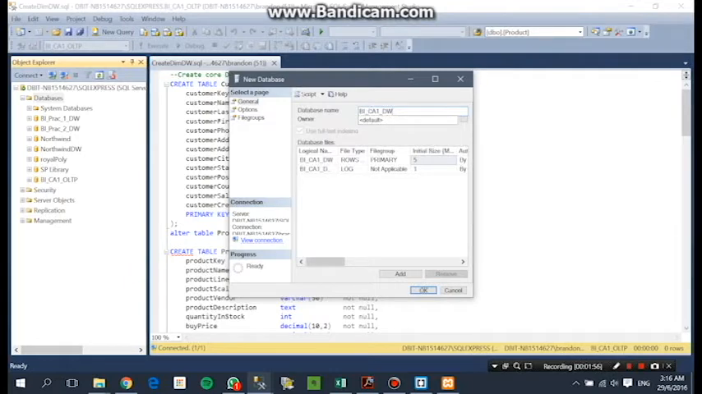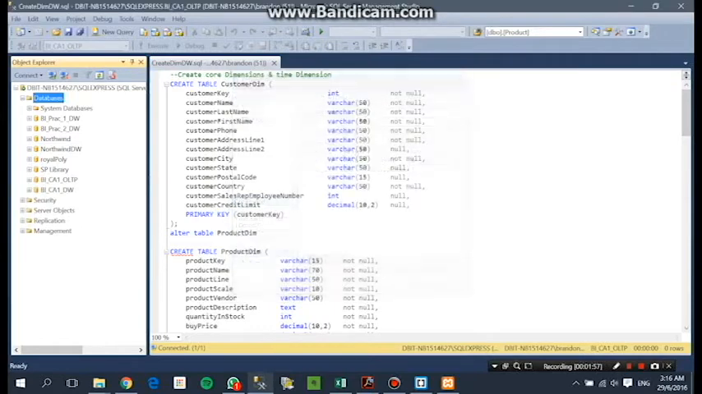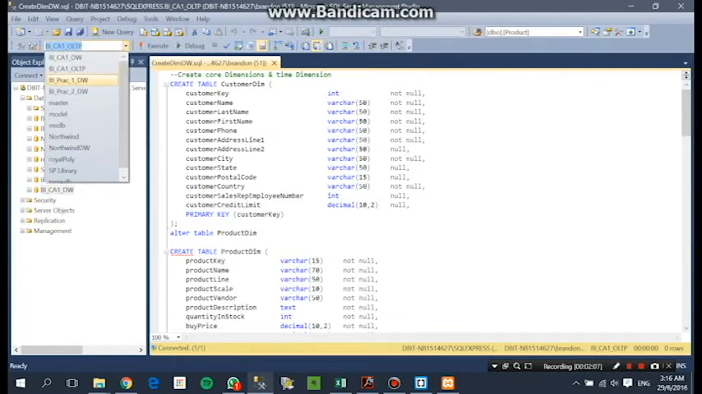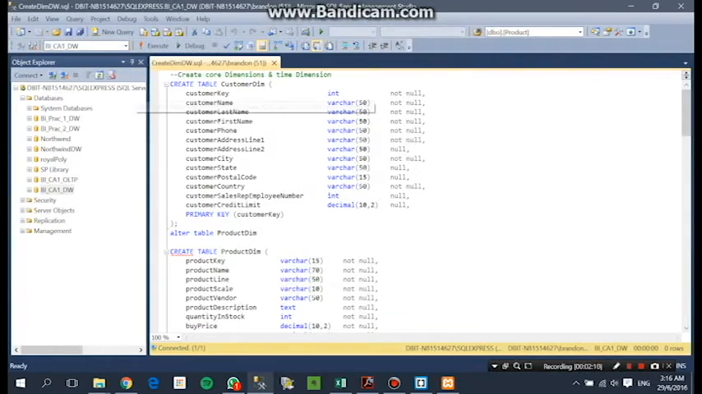Now I would like to move on to the data warehouse, in the creating of the core dimensions. First of all, we have to create a new database for the data warehouse. We'll just right click on database, create new database. I'd like to call mine again bi_ca1_